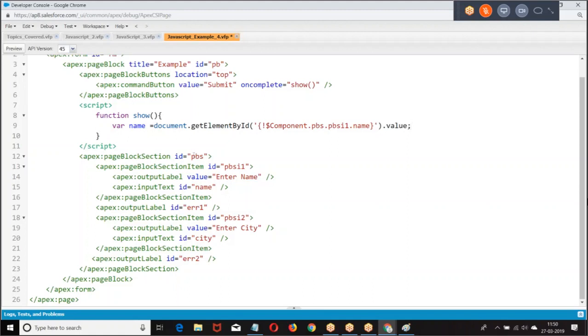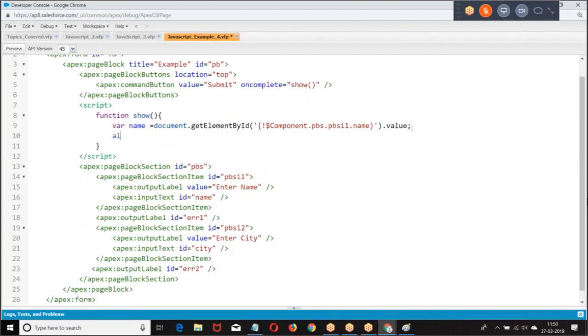Now from here, what is the path we have? Page block section, section item. Now let us see. Dollar component dot, the remaining path of the component is a dot.